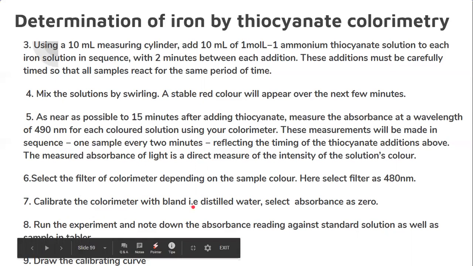So for calibration, what do we do? We take distilled water along with some reagent containing distilled water, place it in the cuvette tube, and adjust the absorbance to 0. Thereby we get a 0 reading. That means our instrument now ensures that our distilled water as well as our reagent is not going to absorb any light radiation. Only our analyte will absorb the radiation.